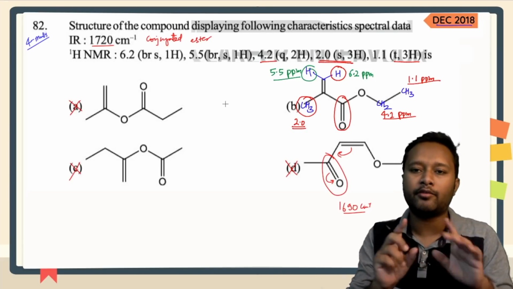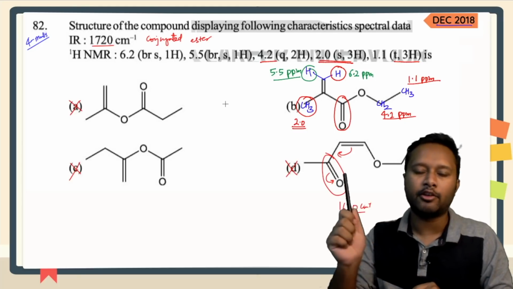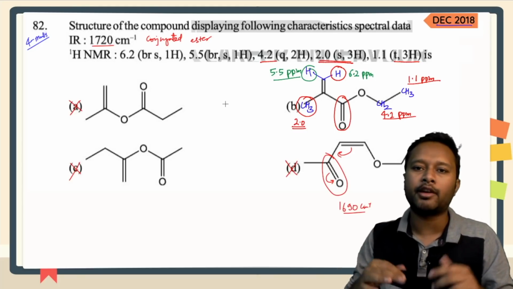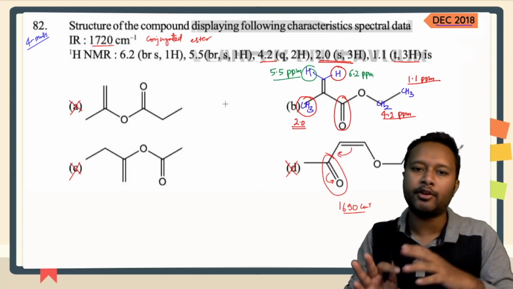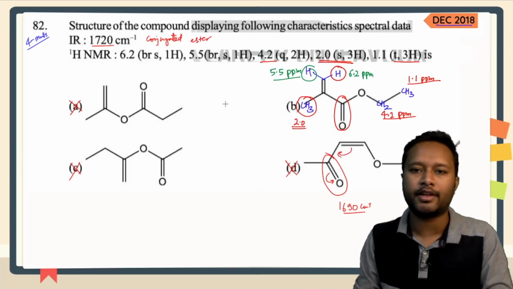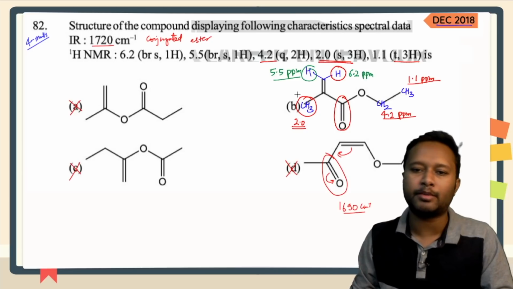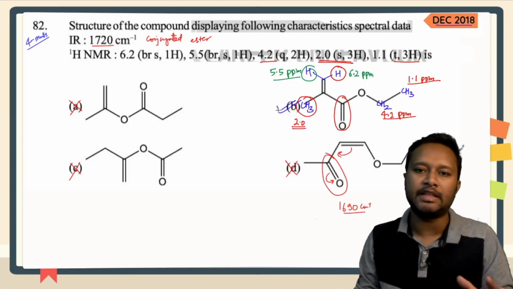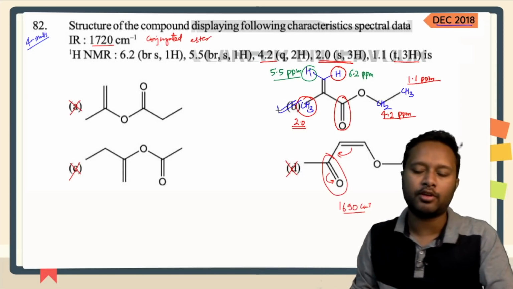Okay, so that's the correct analysis of the molecule. If you have no idea about the anisotropy effect, if you have not studied that topic yet, I'll give the link. I have a video on the anisotropic effect where I have explained all these things. We have taken more questions on that, so you can watch that video to understand what the anisotropic effect is and how to solve questions related to it. Alright, so this is how we have to do it. The correct option for this particular question was option D. Okay, let's look at the next question and see how to solve it.